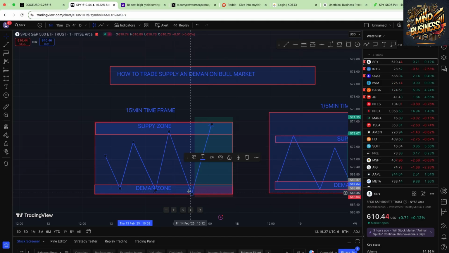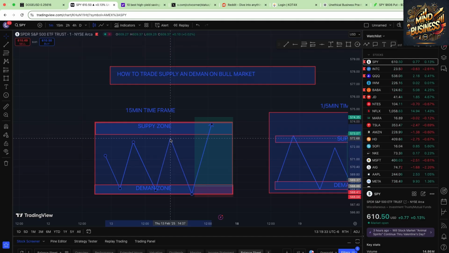Also, what price could do, guys, even though this is a supply zone here, instead of touching the supply zone, price could come right here and eventually come back down. Before you even get a chance to enter the trade, price will come here and come back down. But why would price come here? Because there was an order block located here, okay? So even though you guys are trading supply and demand, you must also watch out for an order block,